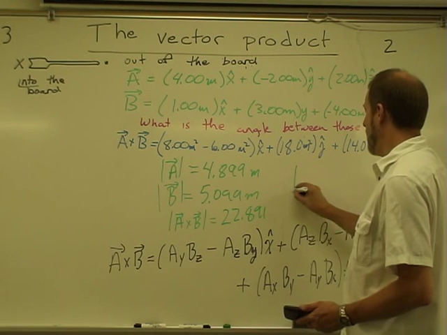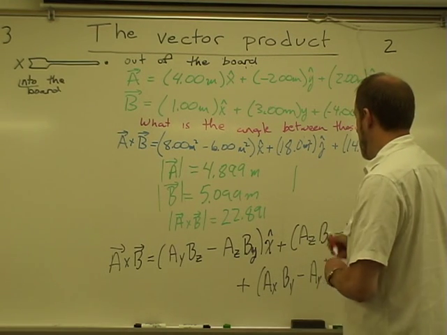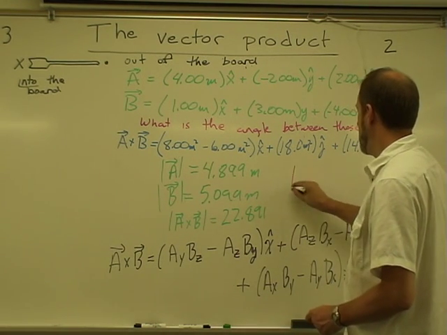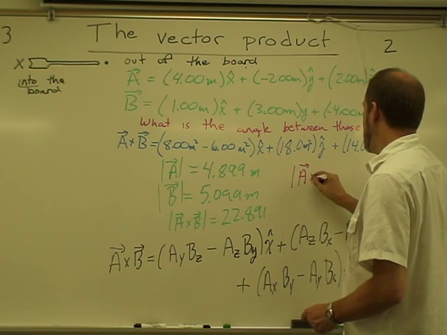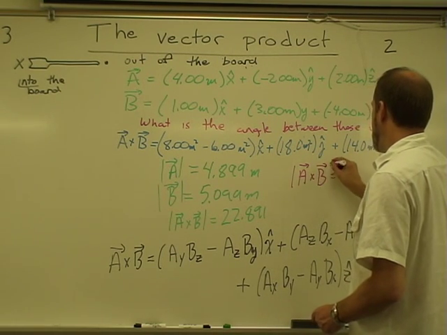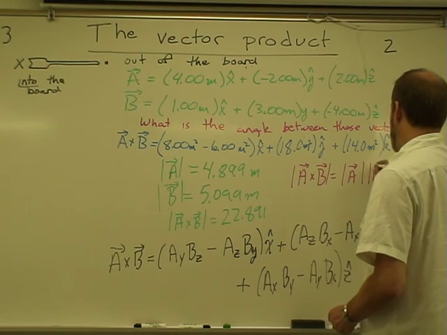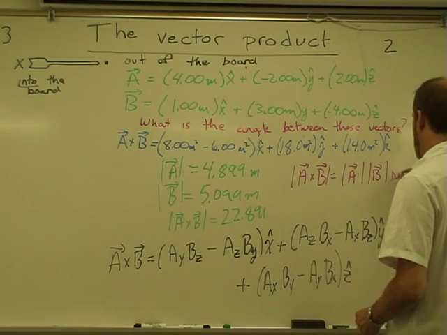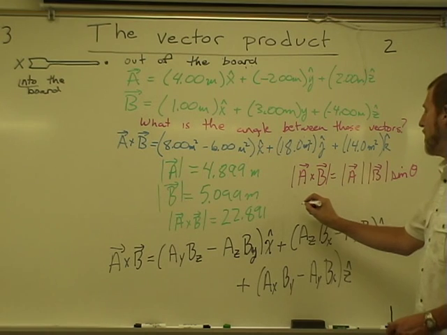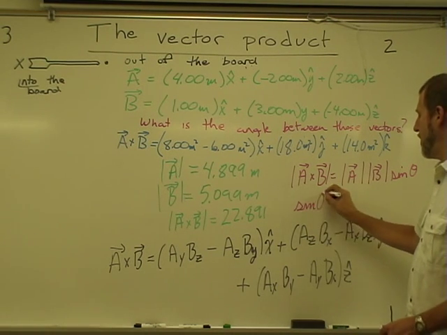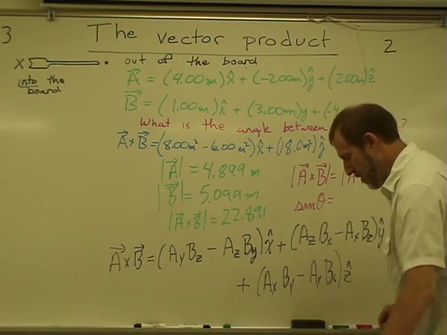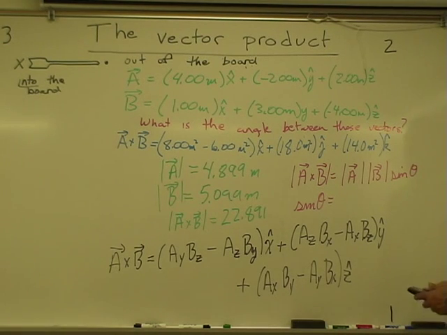And because the magnitude of A cross B is equal to the magnitude of A times the magnitude of B times the sine of the angle between them, the sine of the angle between them is equal to that 22.891 divided by 4.899